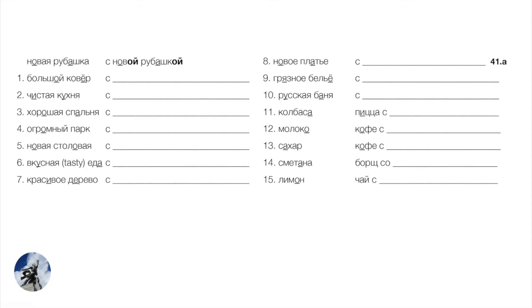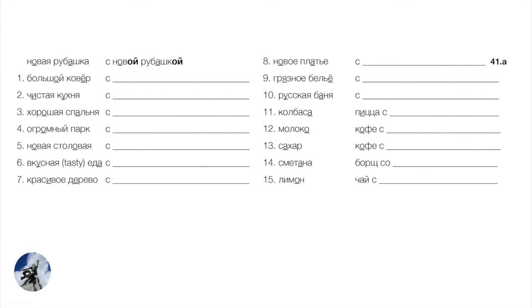That is a 7-letter spelling rule issue, right? So that's why we're writing E instead of I. And then ковер, that's a hard noun, but it's got the mobile yo, and so we get ковром. Number 2, feminine, чистая кухня, с чистой кухней. Okay, there's a soft feminine, but it's not in stressed, so we get yay, not yoy. Number 3, хорошая спальня. So with a good bedroom would be с хорошей, right?